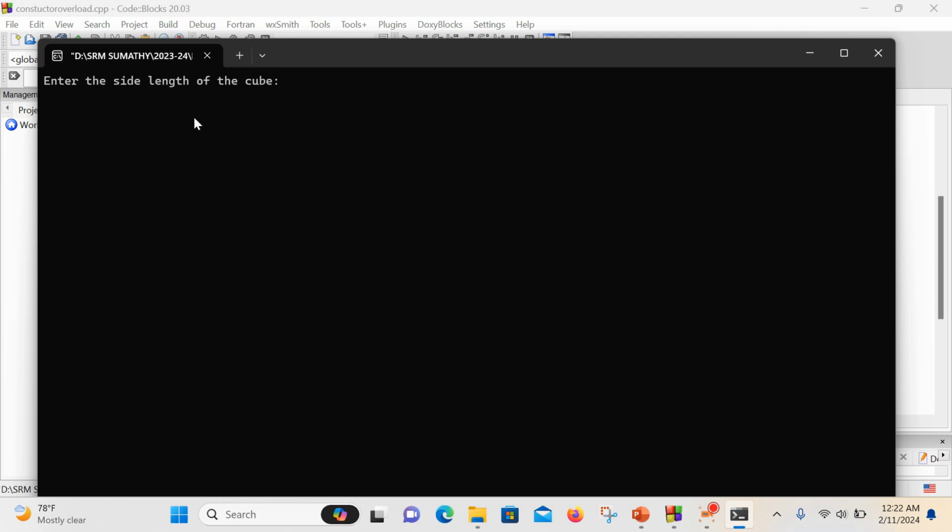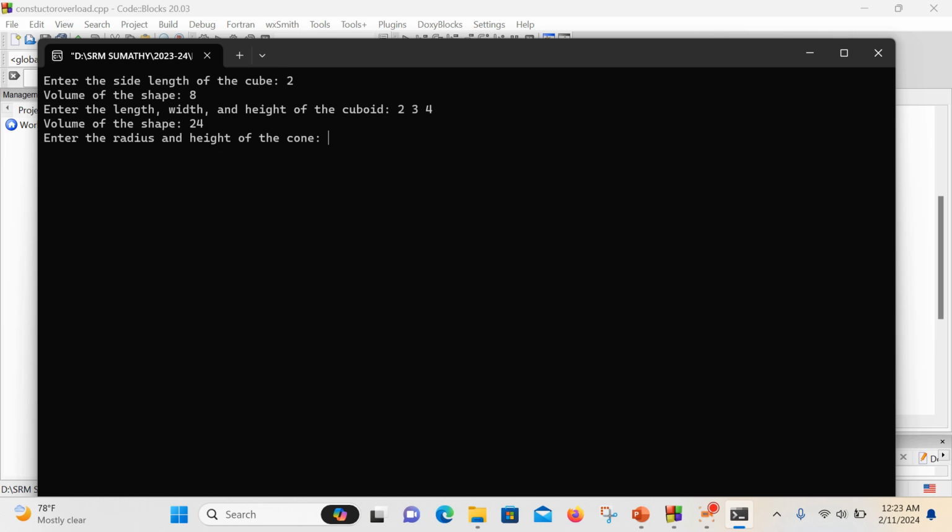Okay. So enter the side of the cube. For example, I'm giving 2. Only one input I'm going to give. Here I want to enter the length, width and height. For example, I'm entering 2, 3 and 4. So the answer is nothing but 24. Read the radius and height of the cone. So 5 and 7 I'm giving. So only two data I have to give as input. So I'm getting some